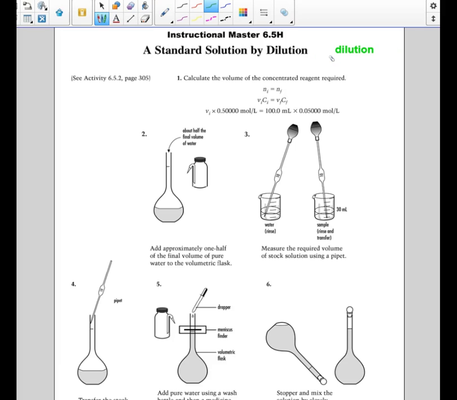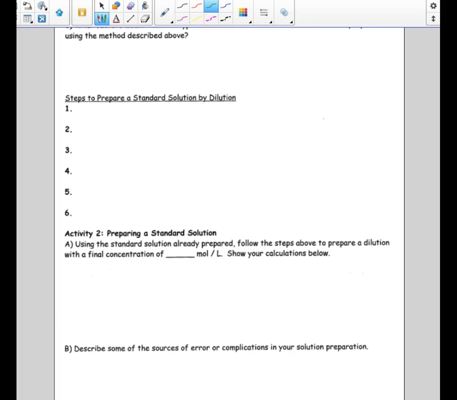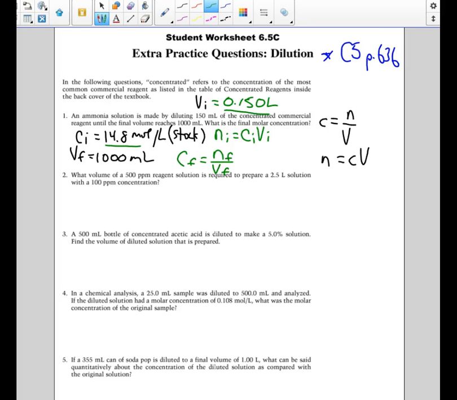You just remember the visual. You're just taking whatever amount from here, and now it's going into here. So the rest of it's just solvent. So you have no increase or decrease in the number of moles that have been transferred. So going back to this, the calculation of final concentration can be done in steps. Of course, you can omit the middle step, which is identifying moles, and you can just use CIVI equals CFVF,